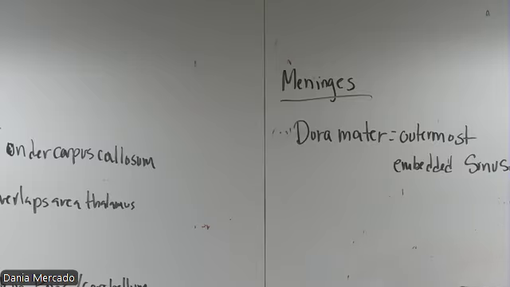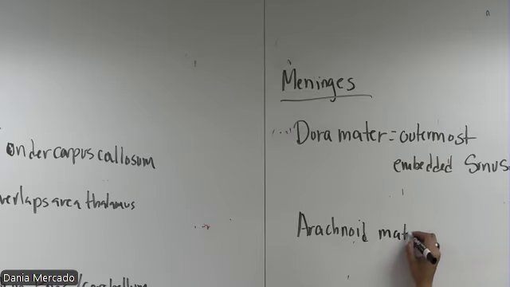And CSF from the arachnoid granulations. Okay? Collect venous blood from the arachnoid granulations. So that's dura mater. Underneath the dura mater, you have the subdural space, and underneath that, you have the arachnoid. Arachnoid because it's spider web-like, right? Arachnoid matter. And the most important aspect of this is where you're going to have your